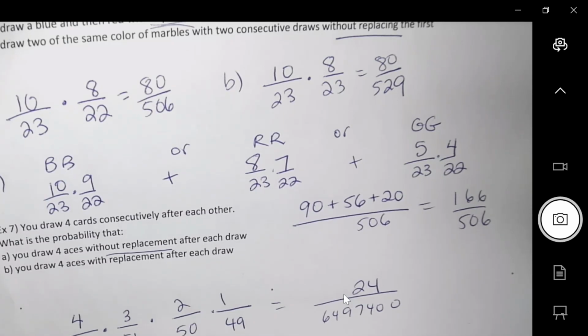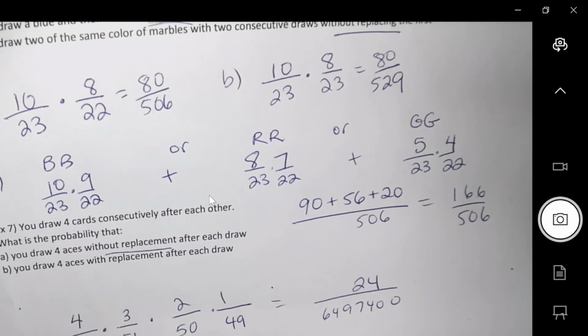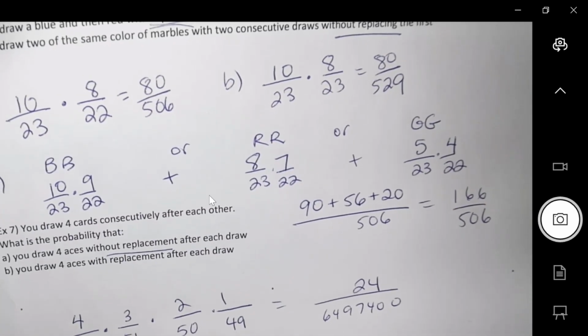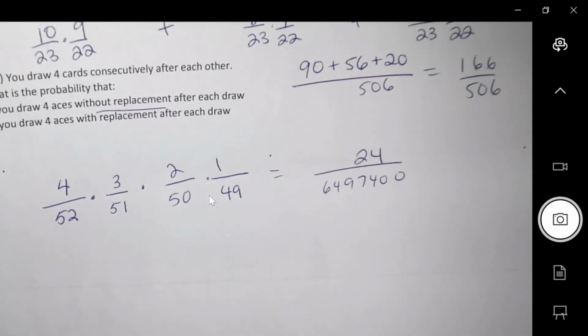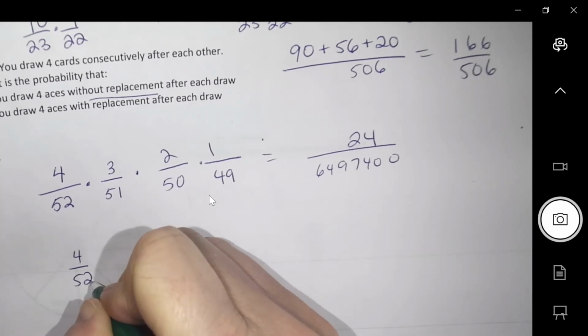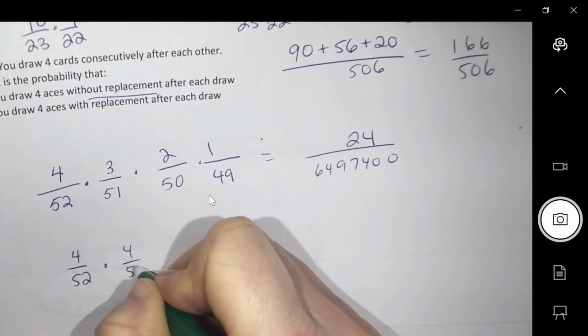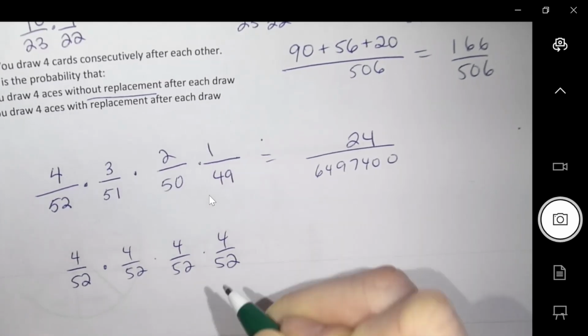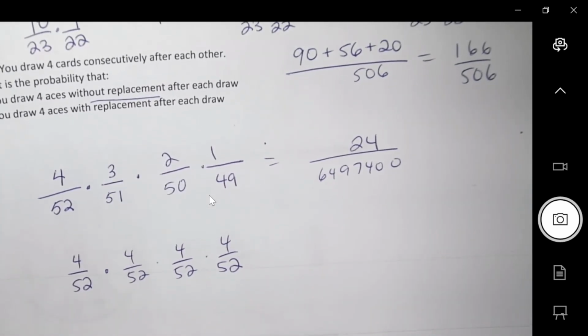Okay, that's a pretty small chance that that will happen to you. And again, how would you do this differently if I allowed you to put your ace back into the deck after each draw? What would you do then? Then you would go 4 out of 52 replaced, so you can just do that over and over. Each time you draw, you would have the same